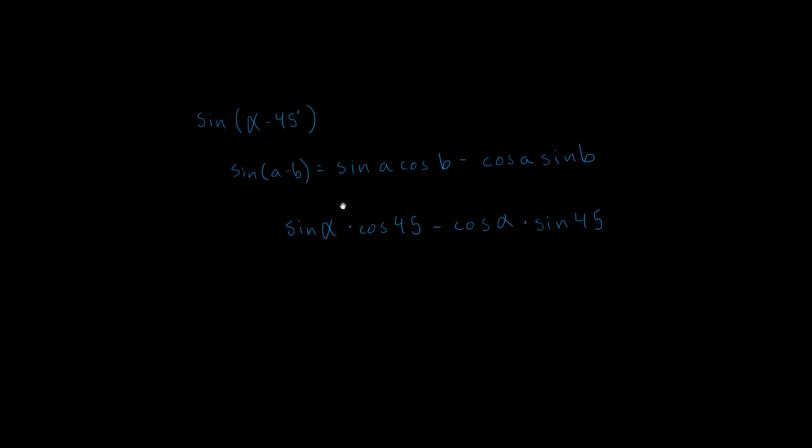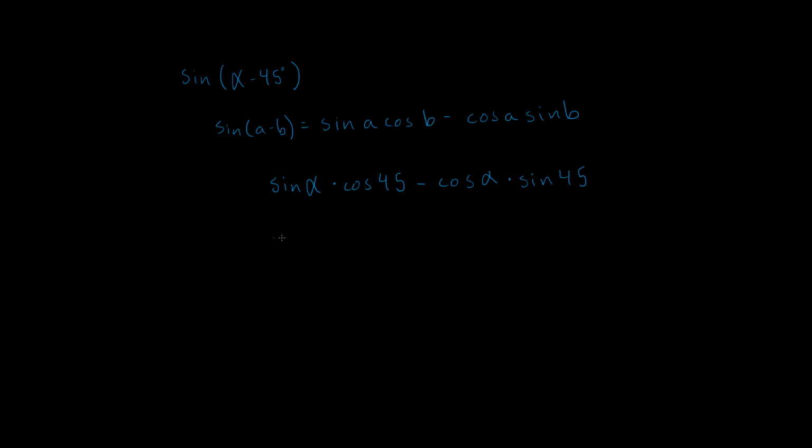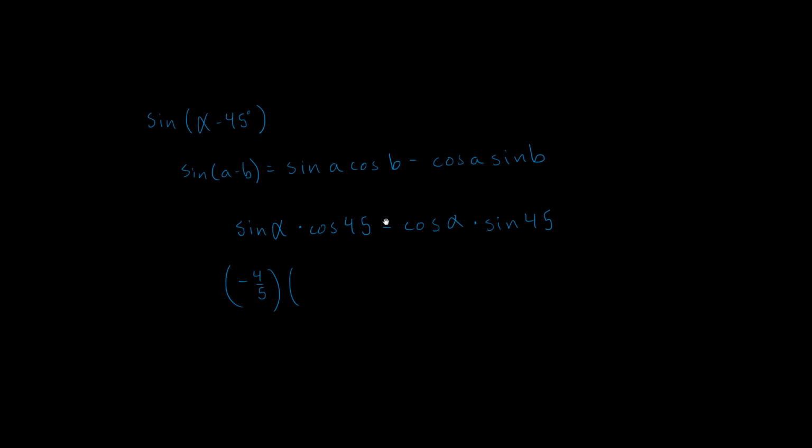Now, sine of alpha we know. Sine of alpha is negative 4/5. So negative 4/5 times, what's cosine of 45? Well, cosine goes 1, root 3 over 2, root 2 over 2, root 1 over 2, 0. So cosine of 45 is going to be root 2 over 2. So times root 2 over 2